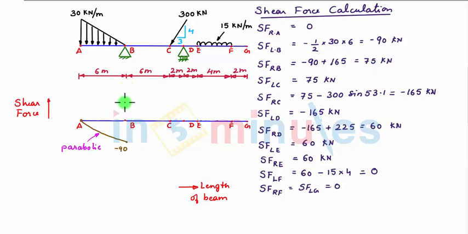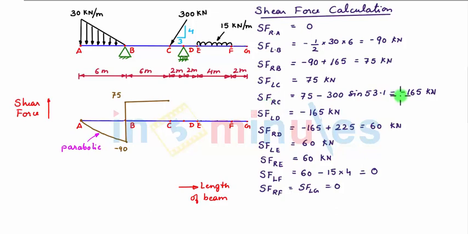Next we see that shear force towards right of B is plus 75 kN. So again at point B we plot another shear force of positive 75 kN magnitude and we connect this to the previous point by a vertical line. Next shear force towards left of C is plus 75 kN. So at point C we plot plus 75 kN force and connect it with the horizontal line with point B, denoting that between point B and C shear force remains constant.